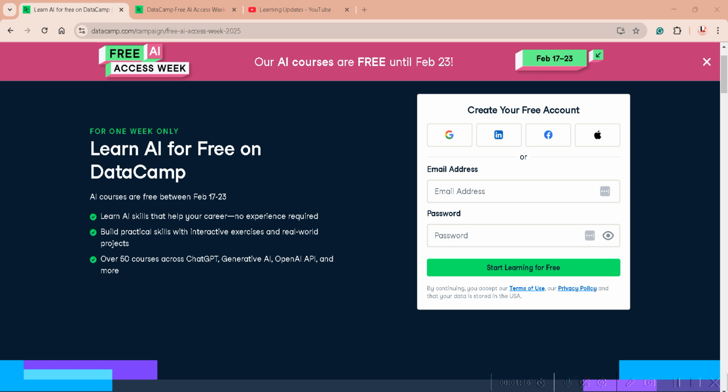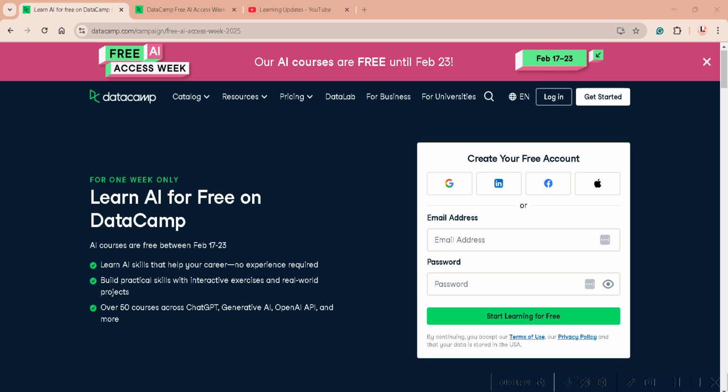Instead of just watching videos, you will be interactively coding and solving real-world problems right in your browser. The platform offers over 400 courses covering a wide range of topics, from Python and R programming to advanced machine learning and AI techniques. Whether you are a complete novice or looking to sharpen your skills, DataCamp has something for everyone.